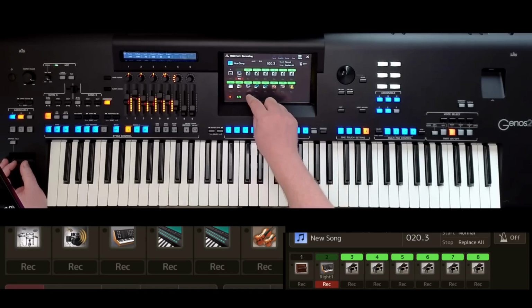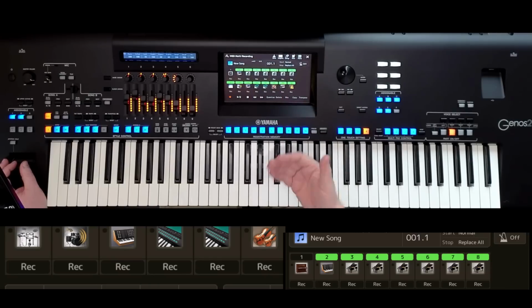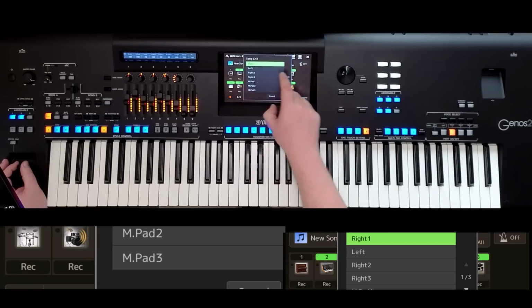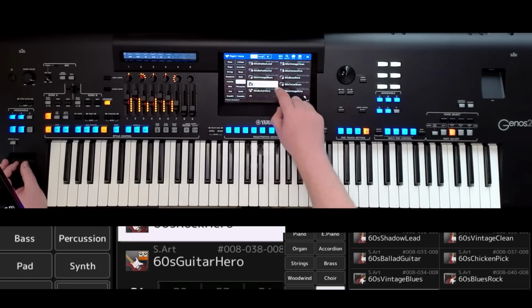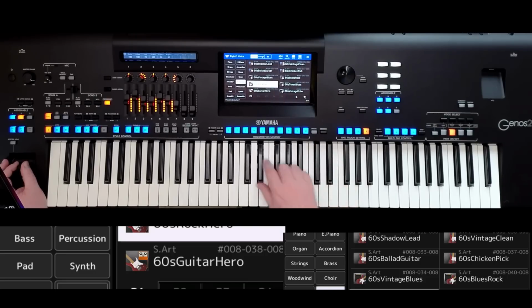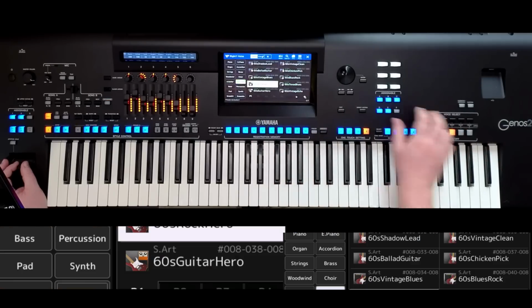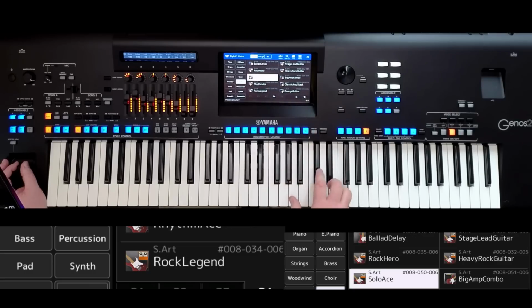Okay, right, now let me show you why I didn't play that middle part. Because for the middle part, I want a nice rock guitar to kick in. So on my track 3, I'm going to tap the picture of the piano, and it's choosing right 1 again. So go to right 1, and then my electric guitar, I'm going to pick. That's what we're going to go with. We're going to go with a rock guitar. Let me just find not quite so...